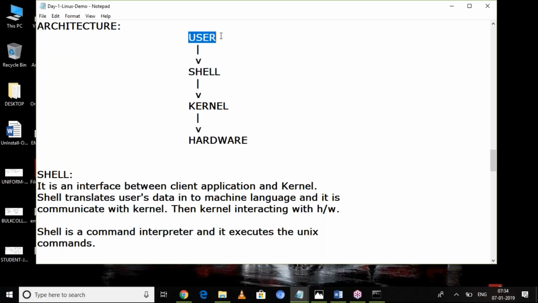Because this is user friendly. But how can I make that user friendly language understandable to the system? Whatever data you have given, whatever program or query you typed, that should be converted into machine language. Who is doing that? Shell. So that machine format is passed to the kernel. Then the kernel does some task internally by interacting with the application in the hard disk.